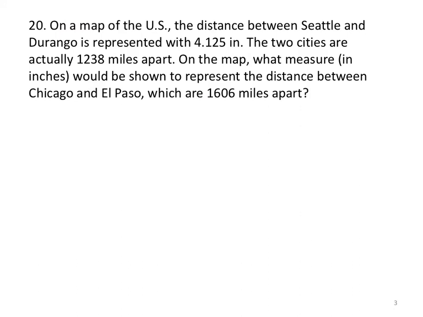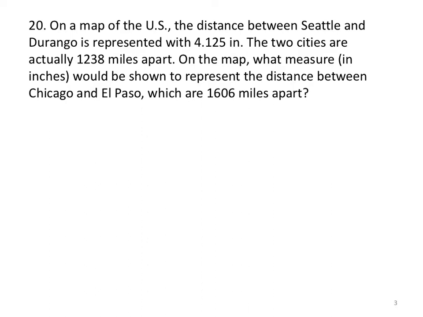This is a problem of converting distances from what you see on a map to their actual distances. And so the way we do this is we use proportions. So on a map of the U.S., the distance between Seattle and Durango is represented with 4.125 inches. In actuality, the distance between them is 1,238 miles apart. So that tells you that the 4.125 inches corresponds to